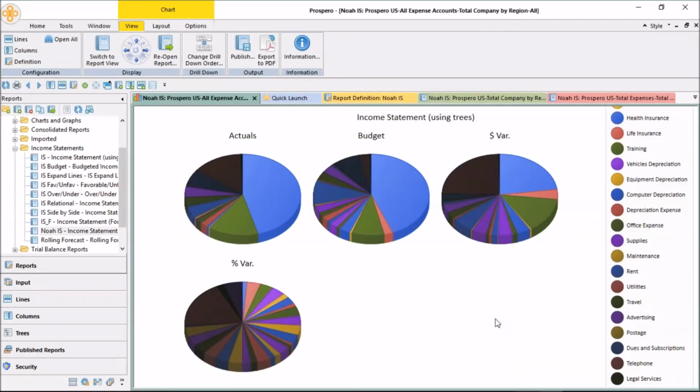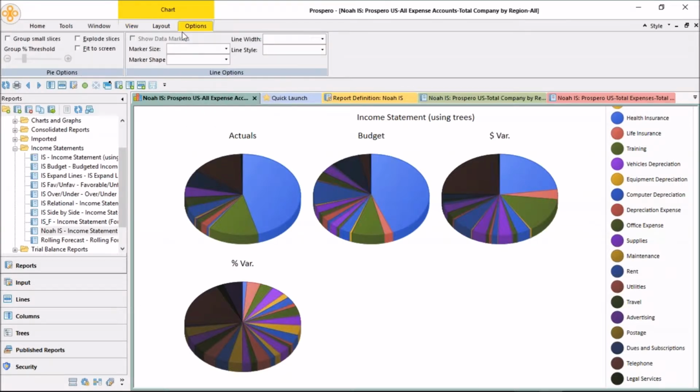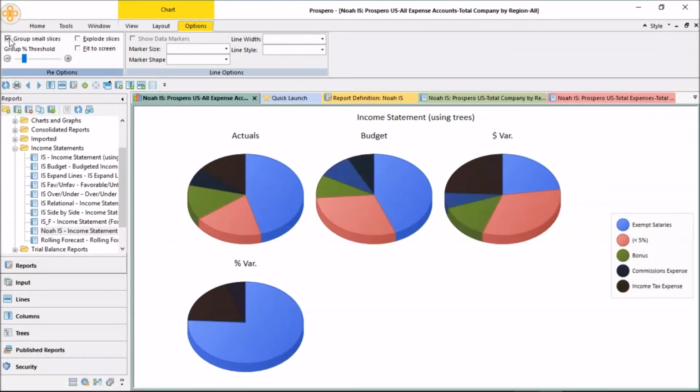Now we do refer to these charts and graphs as being interactive. We can manipulate the data here. And there's a lot of accounts included in these pie charts here. So let me go to options, and we have a checkbox that says group small slices. And I've got it set so that any of the totals that were less than 5% are combined into one piece of this pie. For actuals, if I put my cursor over this pink slice here, I can see the